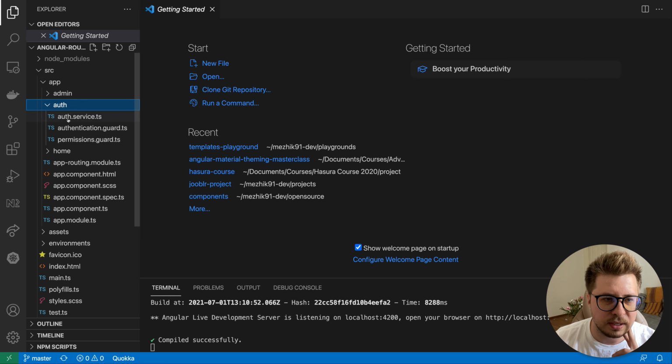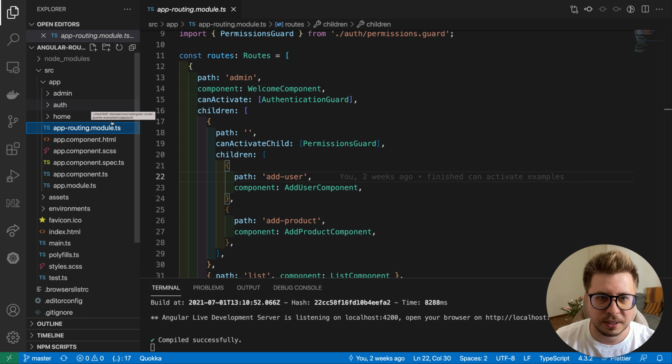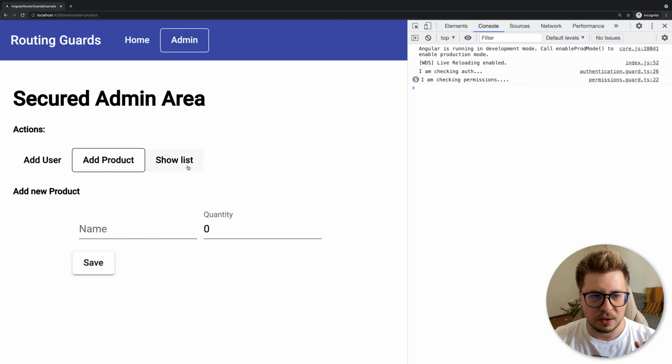What is also worth mentioning is this app routing. These are all the routes for our application. That's the file we're going to work with in this video as well. But let's go step by step. All right, what I'm going to do is add a CanDeactivate Router Guard for the add product route, and once